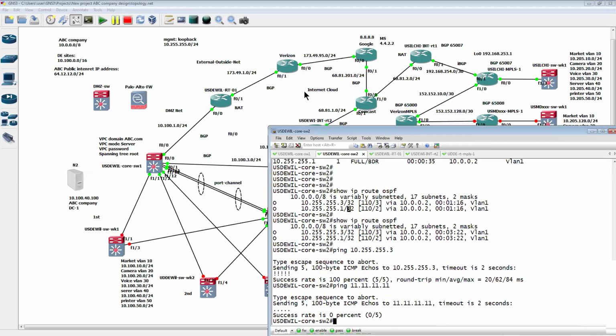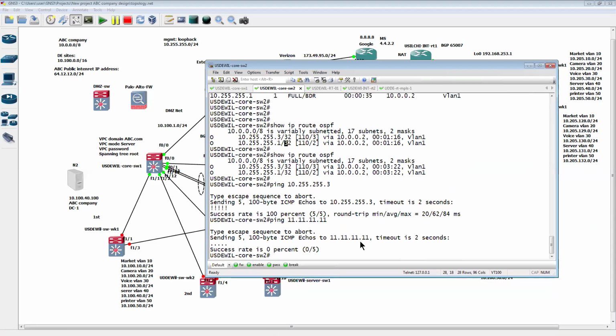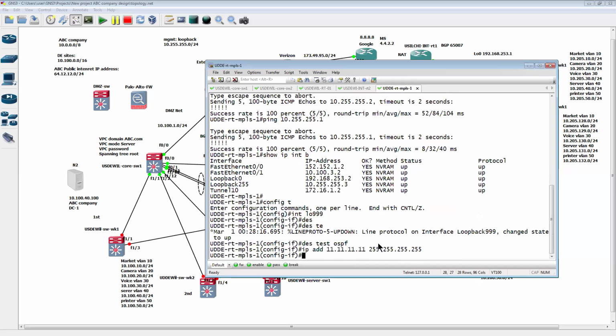If we don't have a static IP route to point to it, and it's also not in BGP, there's no way to go to that network, right? But now, how about we advertise it, just for a quick demo, so make sure our OSPF is running,